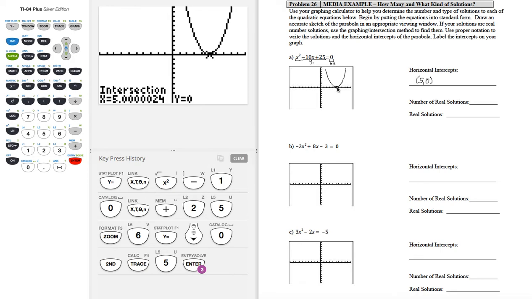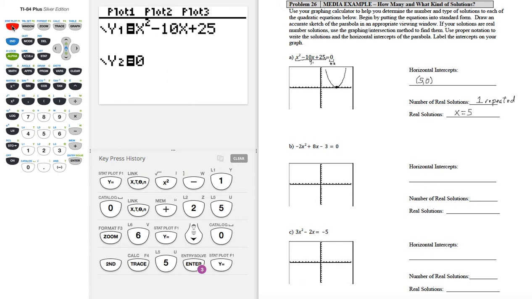Because the parabola just touches the x-axis here, we only have one real solution, and that real solution is x equals 5. We can also say this is one repeated solution because we technically have two solutions to every quadratic equation, but if the solutions are the same, we don't often list them twice. All right, part B, we have another equation here, so let's go into our y equals,